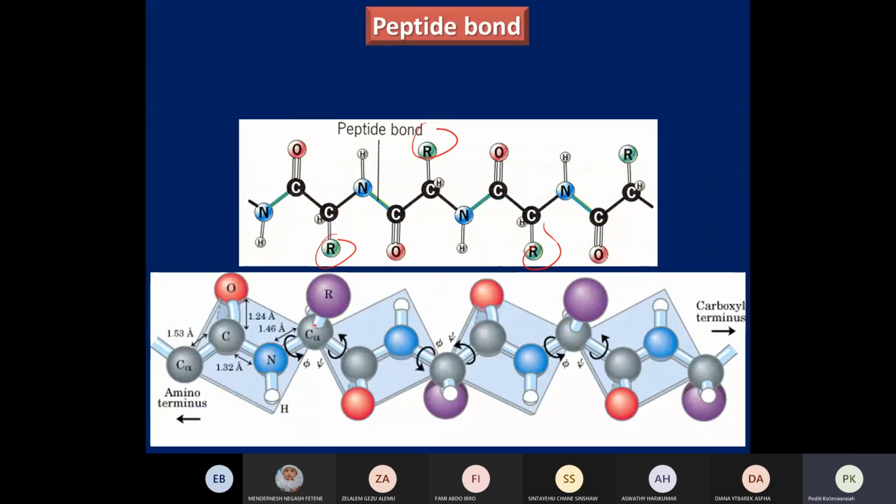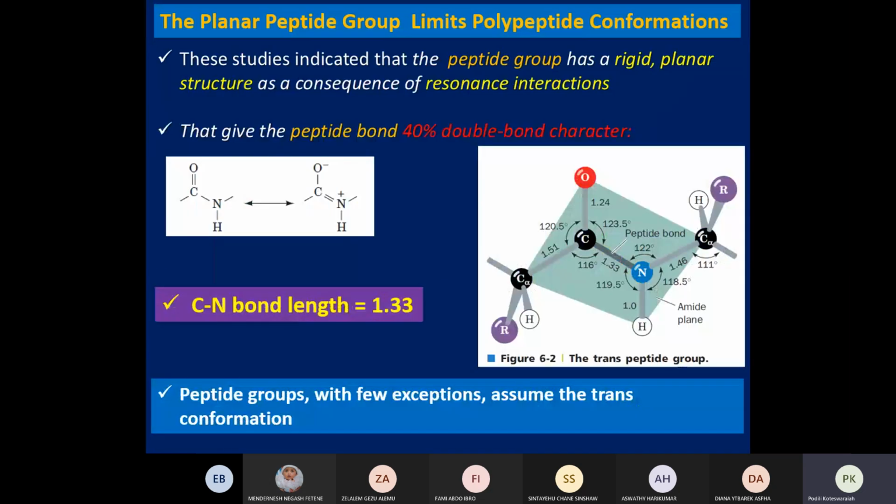In this peptide bond, as I already said, it has certain characteristic features. It has partial double bond character, about 40% double bond character. This double bond character is because of the resonance of the carbonyl pi electrons and also the lone pair on the amide nitrogen. Since the peptide bond, this C double bond O NH, has double bond character, with about 40% double bond character, this double bond doesn't allow the